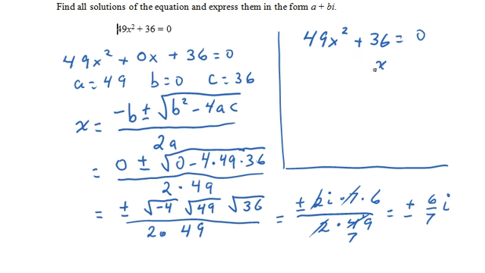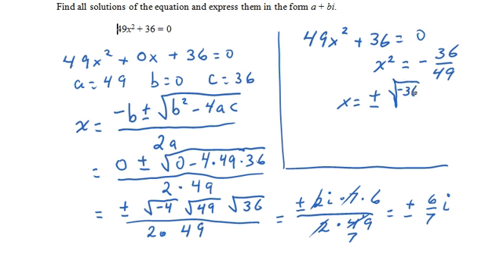So x squared equals negative 36 divided by 49. So x equals plus or minus the square root